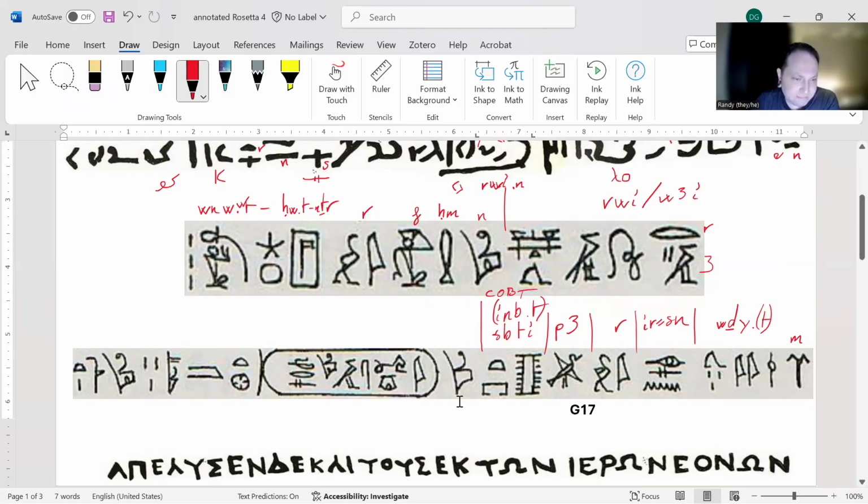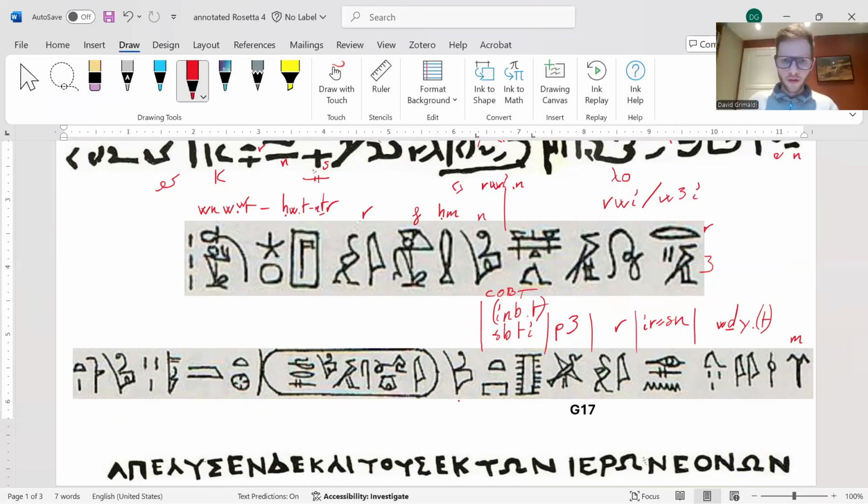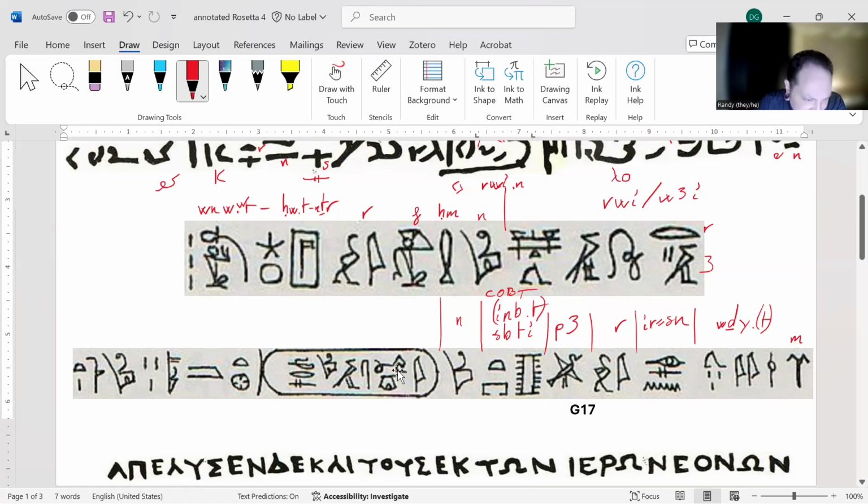Then N. Let's see. Ear. No, it's probably just Alexandros, but ear. I don't know if it's R or RW, but Irgas. This can be L, I guess, as well. Oh, right. Yeah, L. Il or